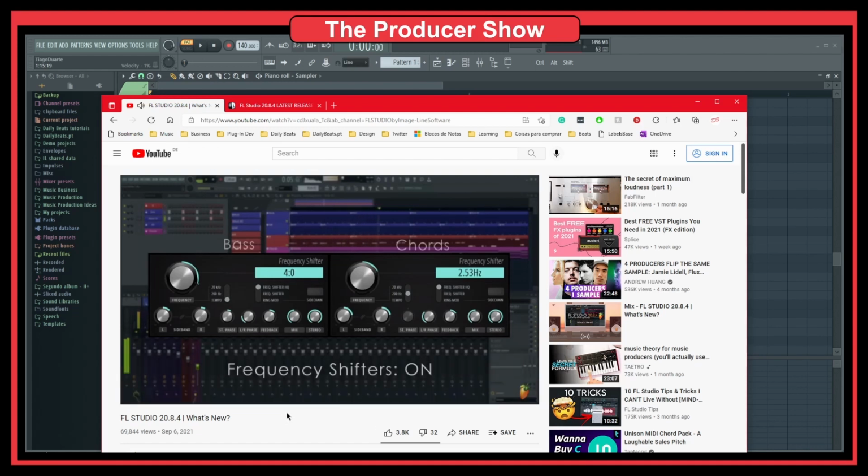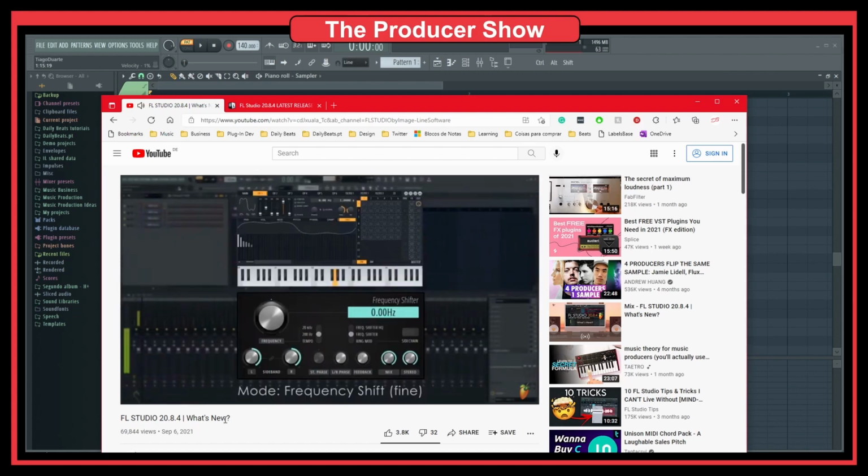Unlike a traditional pitch shifter that maintains harmonic relationships, frequency shifter moves all frequencies in the audio by a fixed amount. So some really cool effects that we can grab from this new